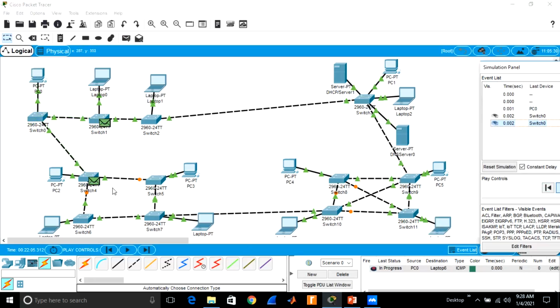Now they will find the shortest path, which one is the shortest, so therefore they cross it because this is not the data of this PC. So they have sent here. This is not the data of this PC or this server. They cross it. And this is the data of